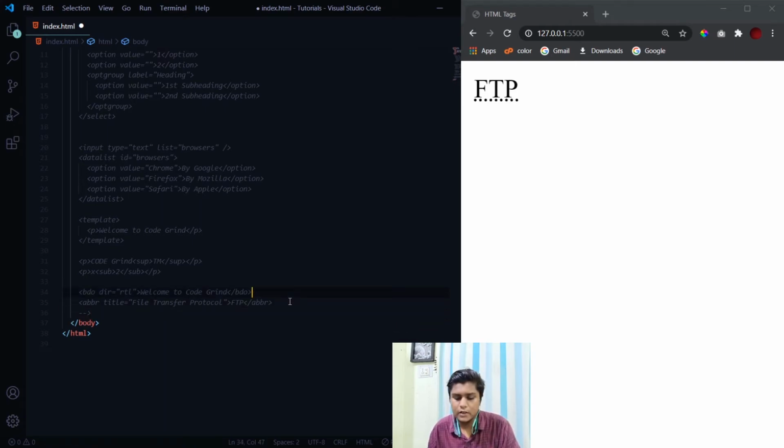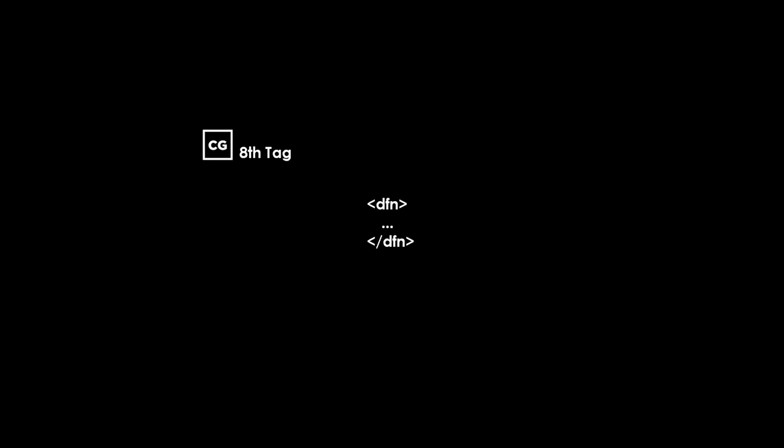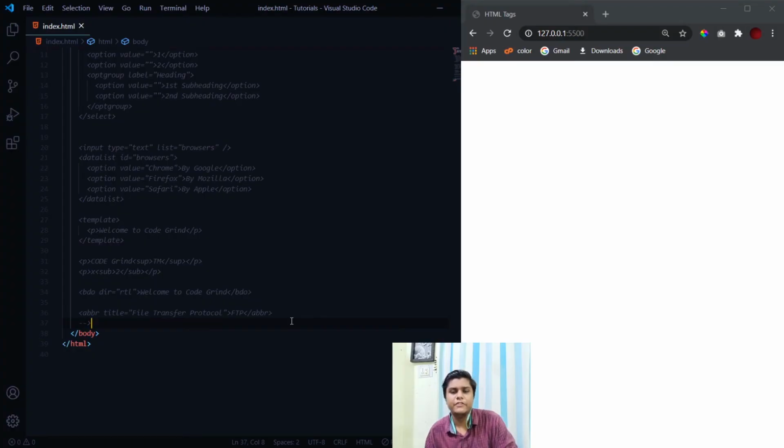Now let's see the next tag which is for SEO purposes. The dfn tag stands for definition. It is a very simple thing. Whatever you write inside this will not be taken as normal text, but will be specifically considered as the definition of a particular thing.